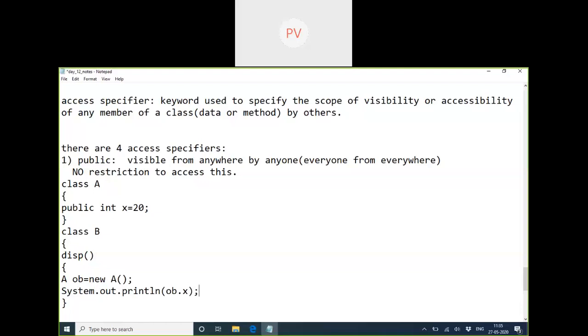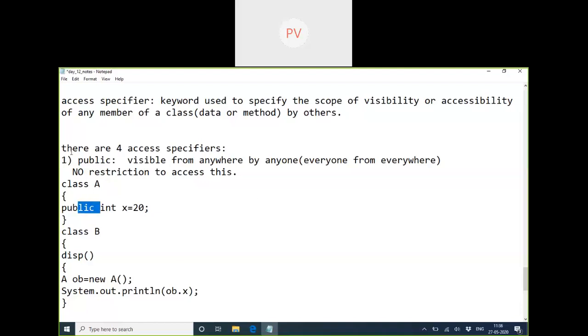Okay. So that means it does not give any restriction to anyone. Anybody can access. So outsiders can directly access, but we need to at least create an object. They cannot just access like X because it's not your property, it's somebody else's property. We can use somebody else's property only if that somebody is aware. So that object should be created. Via that object we will access this public information.